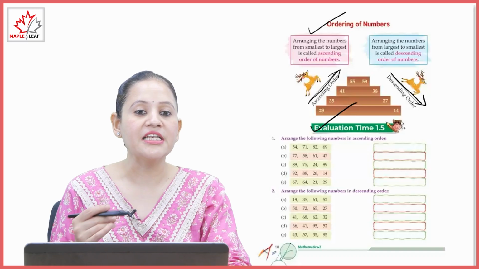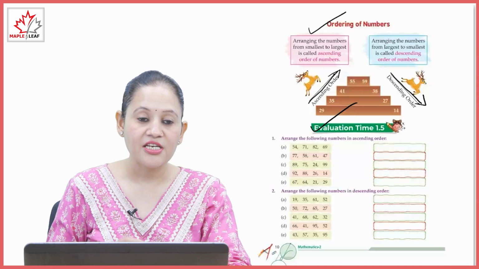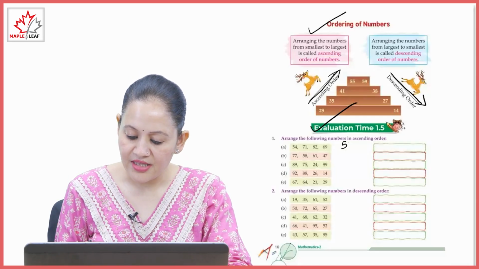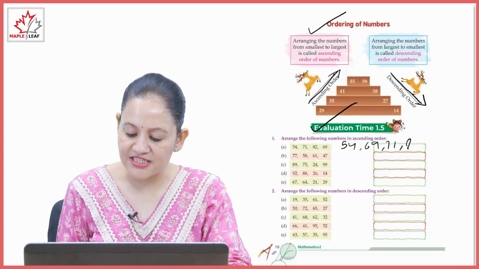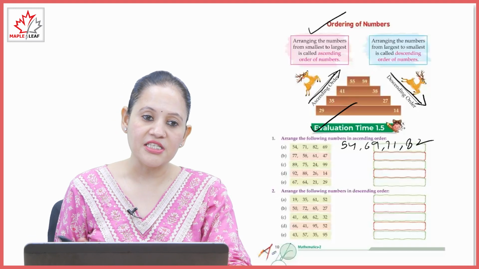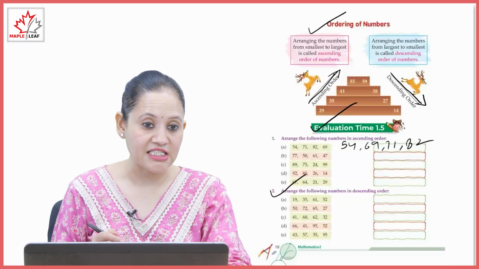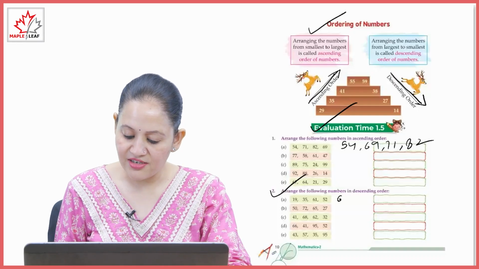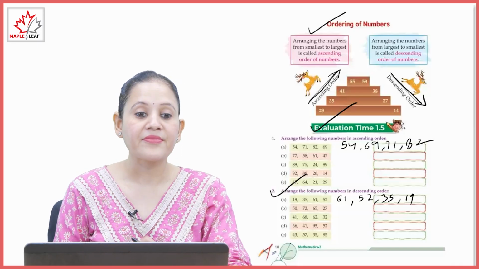Arrange the following number in ascending order. Ascending means increasing order, smallest to greatest. So among these numbers, smallest is 54, then 69, then 71, and the greatest is 82. So this is the ascending order of given number. Next, arrange the following number in descending means decreasing. We have to start from the greatest number. So 61, 52, 35, and 19. This is the descending order of number. Next is